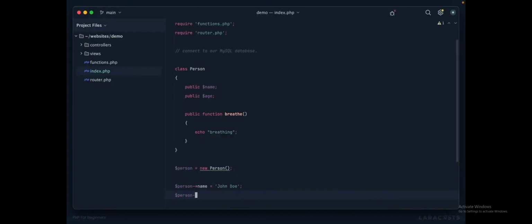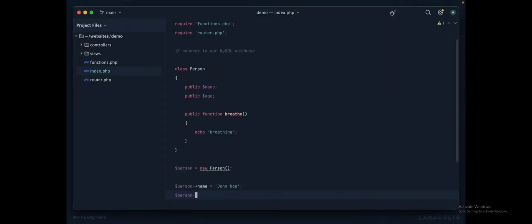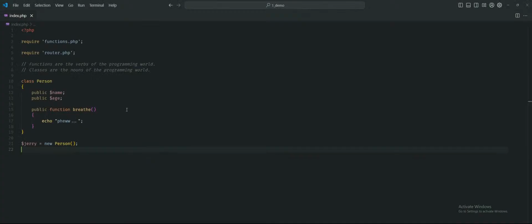Do we have to put a $ sign there? No, we don't, but we have to put an initialization sign. We have to call it. Very interesting. Very, very, very interesting. Okay, let's say